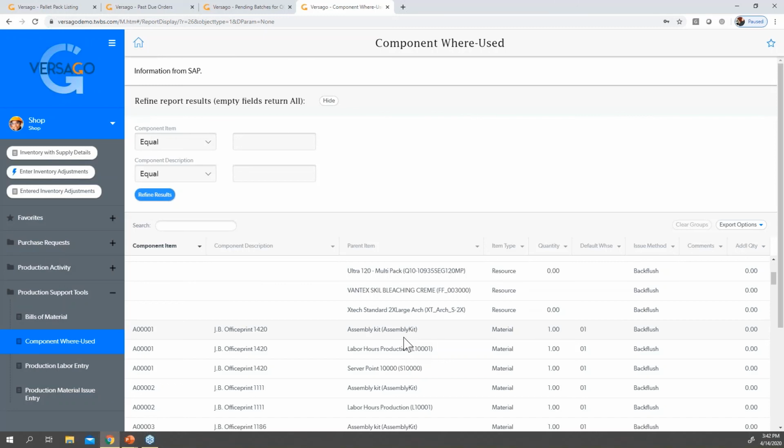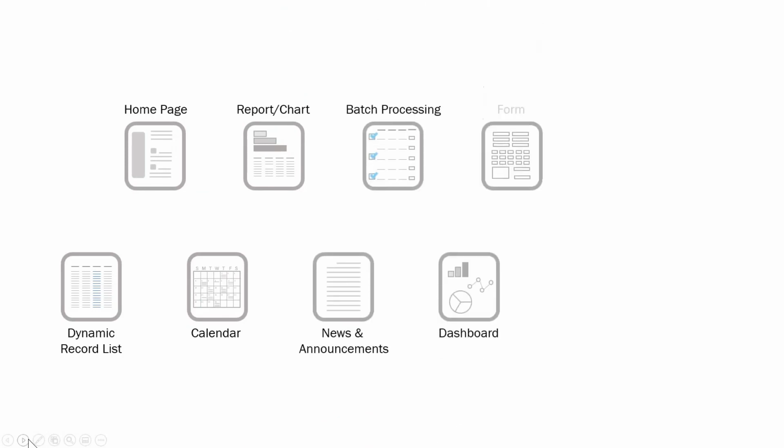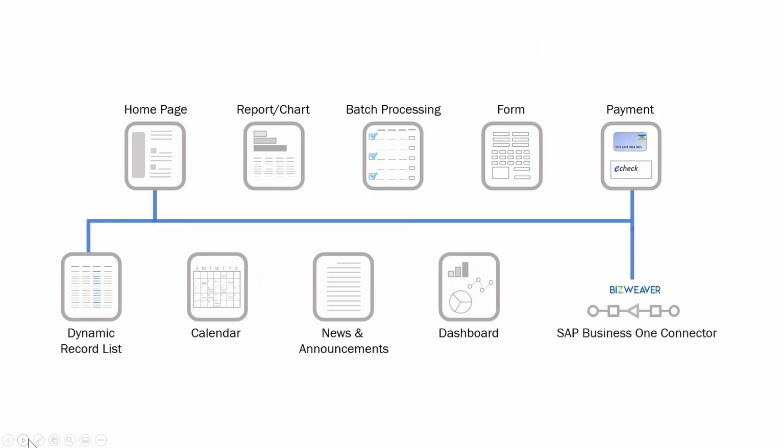So again, these are just some examples of where you can really start to provide value to your users on the floor. And it all really comes down to gathering that information in Versago, being a platform. This is what we provide you. We provide you with these features that allow you to make a combination of those features to make a workflow. And then behind that, we can connect all that to SAP Business One in a real-time fashion. So Versago being a platform and flexible, you heard me talk about flexible up front.